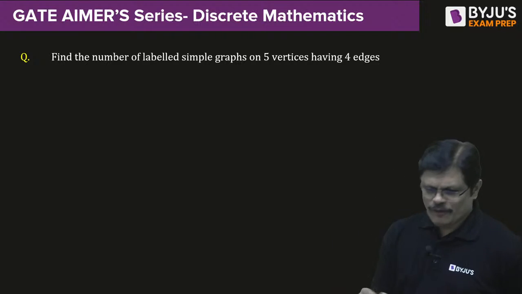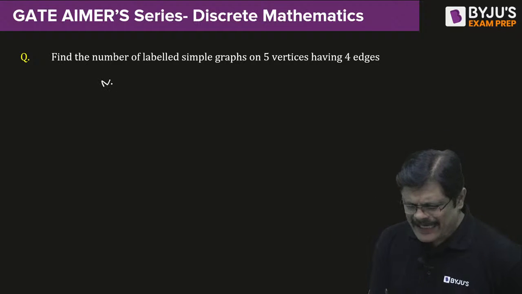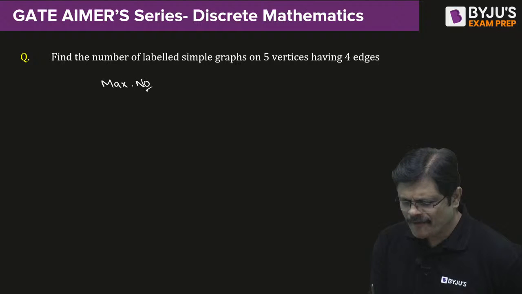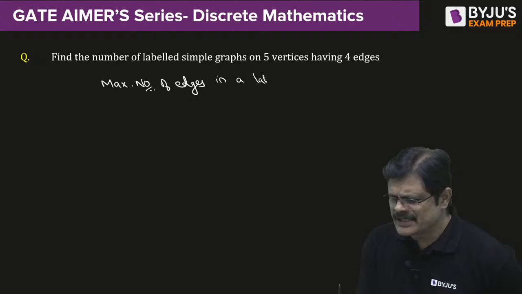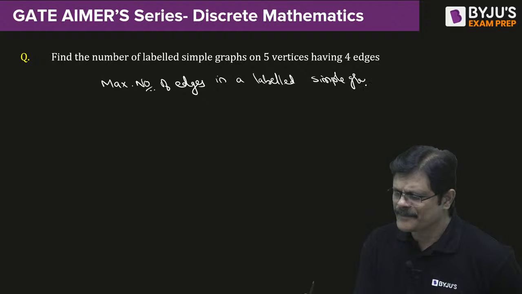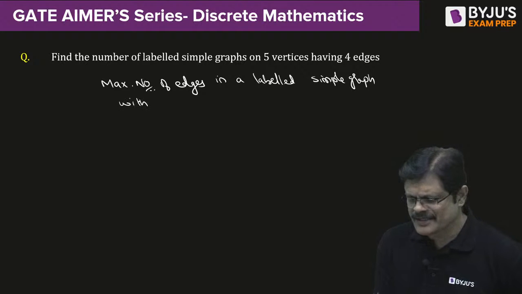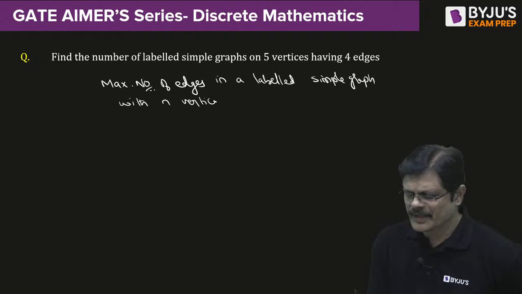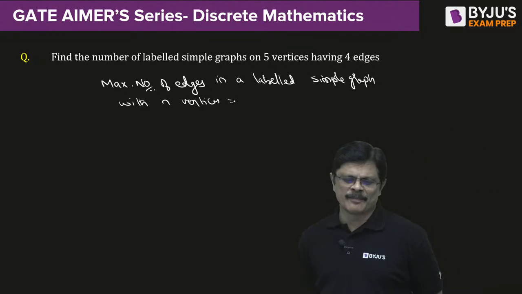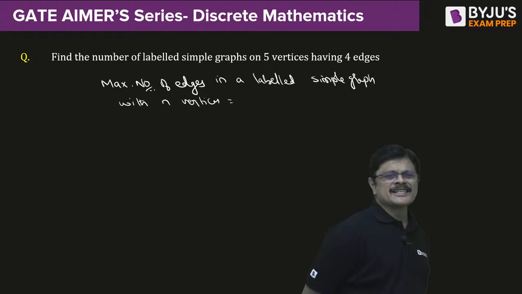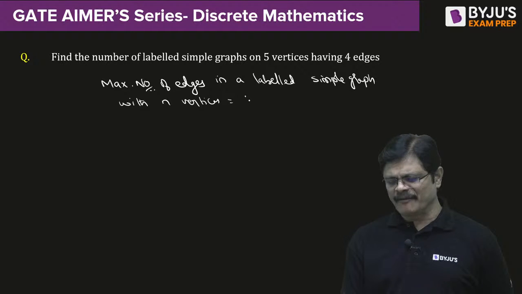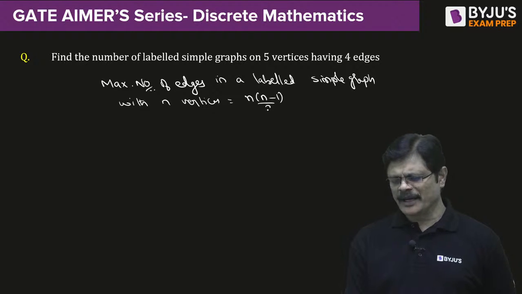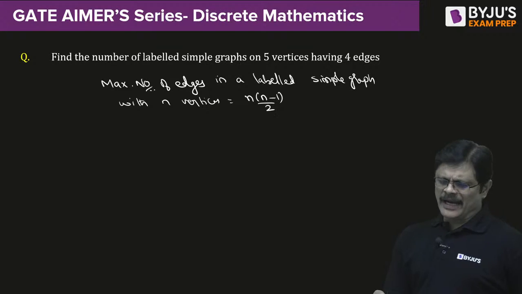See, my dear friends, first of all, the maximum number of edges in a labeled simple graph with n vertices. What is the answer for this? The maximum number of edges in a labeled simple graph with n vertices would be n into n minus 1 by 2. So if you are having 5 vertices,